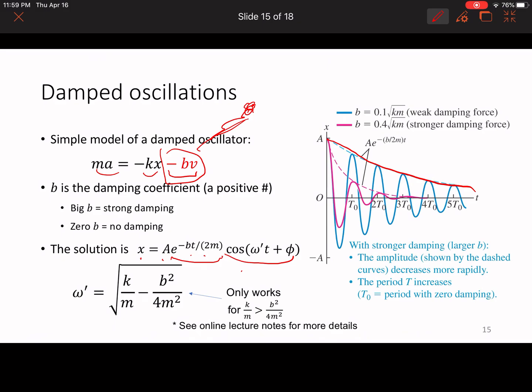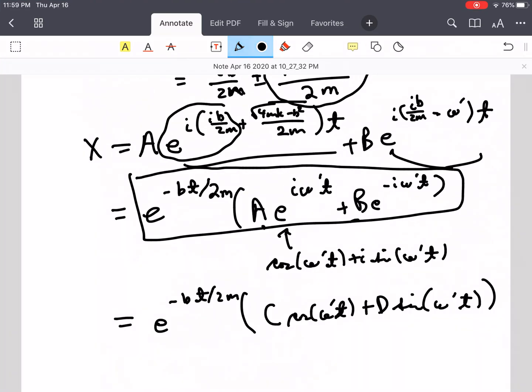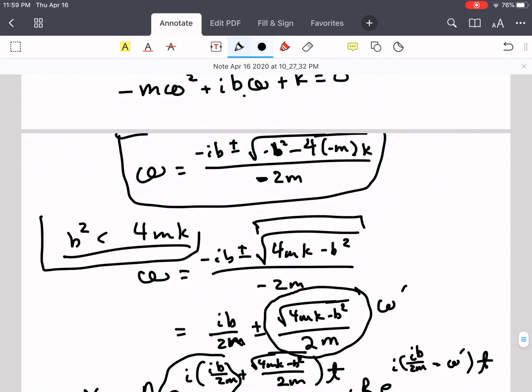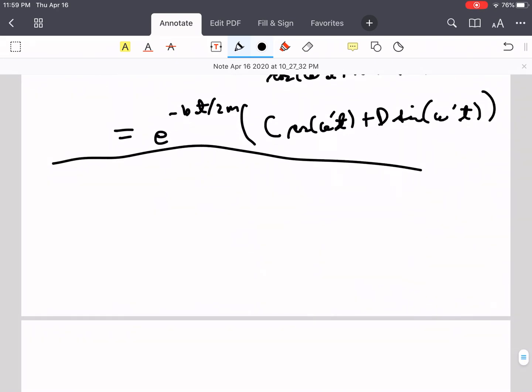And the nice thing is, it gives me my damping, it gives me my decay. There's one other kind of cool thing. Because we did solve this with complex exponentials, we can actually see the other limit pretty easily. So this was b squared small, less than 4mk. If instead I have strong damping, b squared greater than 4mk,